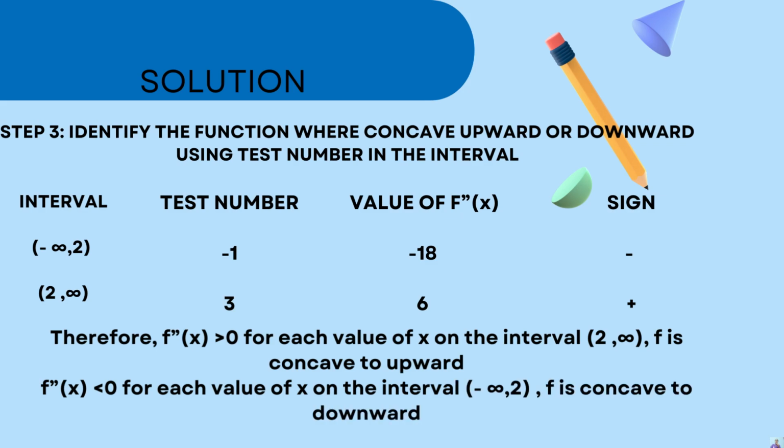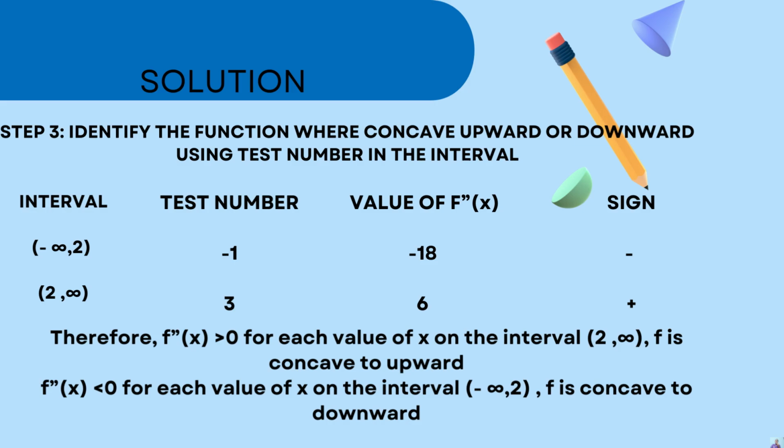And then we do the test number. The test number can be any number, so we use negative 1 and 3. Then we get the values of f''(x), which are negative 18 and 6. Therefore, we can conclude that f''(x) is more than 0 for each value of x on the interval (2, infinity), so f is concave upward, and if f'' is less than 0